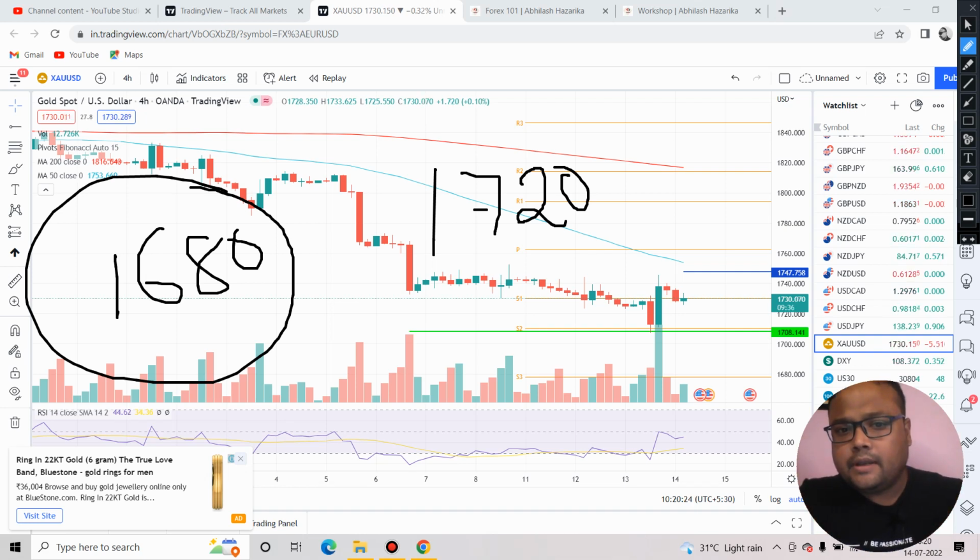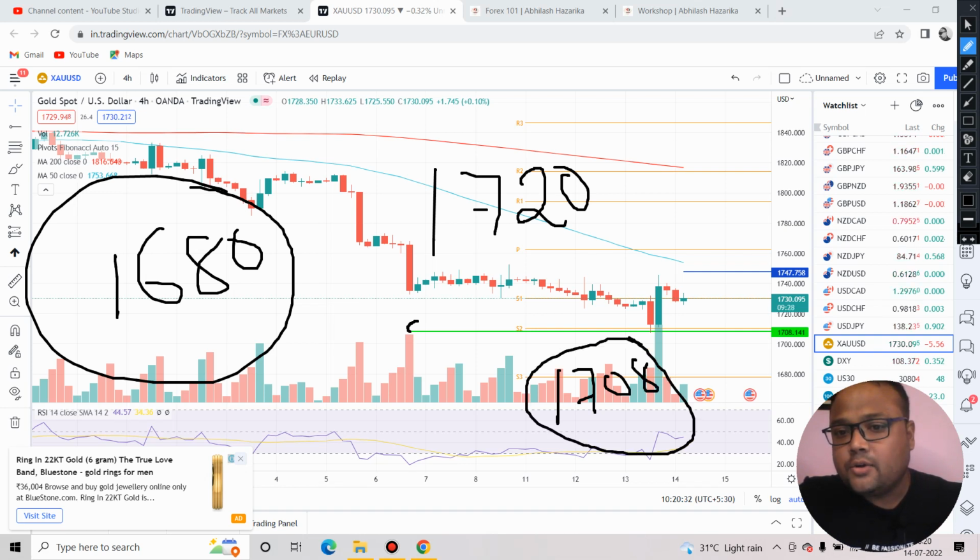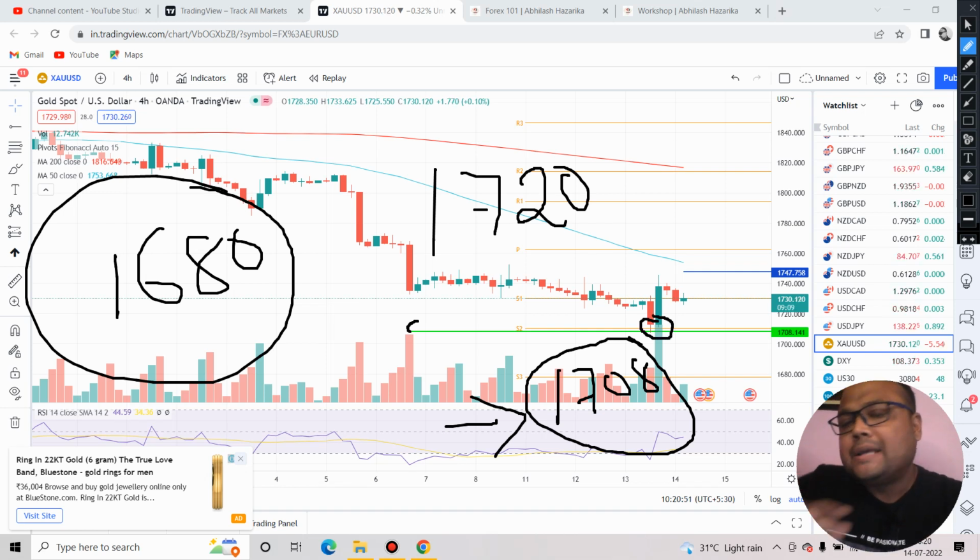So therefore, in case market comes down to the previous low or yesterday's low of 1708, we can expect some support again. Listen to me carefully. Okay, if gold comes down to a level of 1708, we can expect some support again. Why? Because yesterday gold bounced from this particular level here. So there are some players in the market who were present and they did not allow the market to fall. They did not allow gold a free fall. So obviously there is some presence of certain traders around the 1708 level.